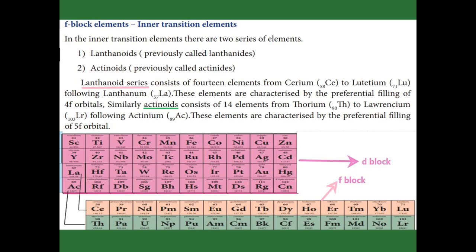We know very well another name for d block elements is transition elements. What does transition mean? They are placed between the s block elements, the more active elements, and the less active p block elements. So they transition from more active to less active, so they are called transition elements. And the f block elements are placed in between the d block elements, so they are called inner transition elements.